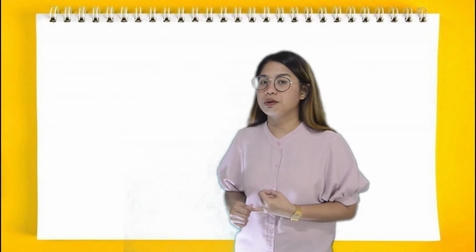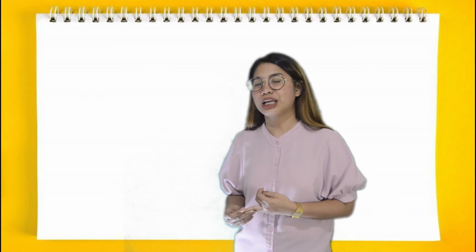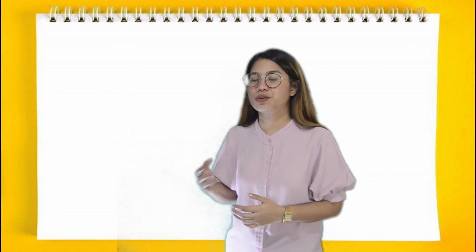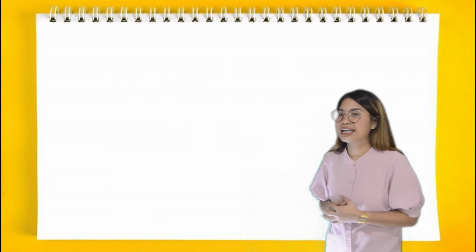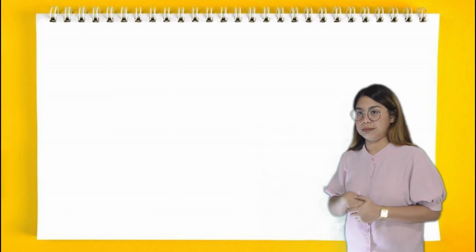So for the points, I will give you 1 point if you identify the topic sentence, another 1 point for the writing pattern, and 3 points for the signal words. So in each paragraph, you will receive 5 points. So I will give you 2 paragraph examples. So all in all, this is for 10 points. So are you ready? Let's read it all together. Let us have the first paragraph.